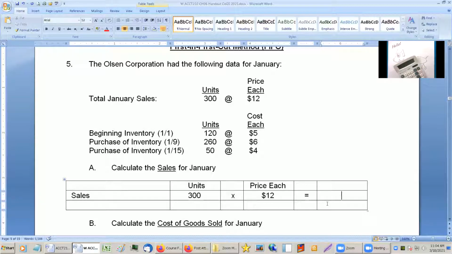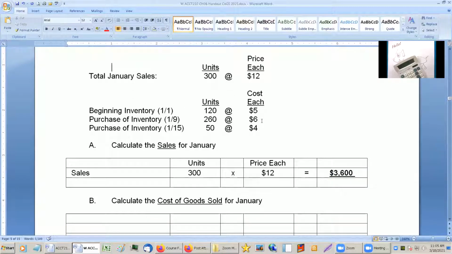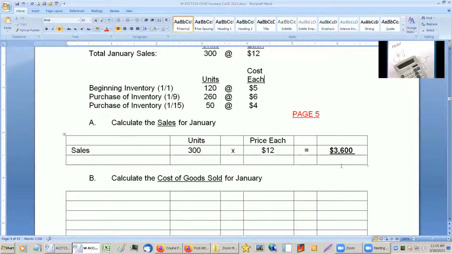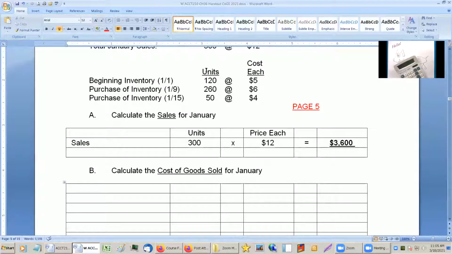Okay, let's get 3,600. So now it's our sales. I'm just going to put this in here. Okay. And again, the sales are usually the easy part. The hard part are these,